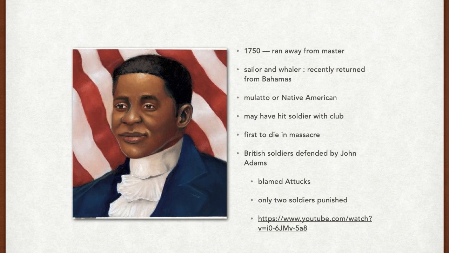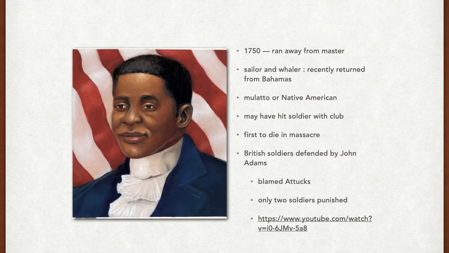5 colonists were killed, including Attucks, and 6 were wounded. Attucks was only 47 years old, and he took 2 ricocheted bullets to the chest. His body lay in wake until Thursday, March 8th, when he was buried with the others in a local gravesite. Now, this was interesting because former slaves, or black people in general, were segregated in cemeteries, meaning you couldn't be buried next to a white person, yet he was buried next to the 4 other white people who were killed during the Boston Massacre, which is very intriguing to me.